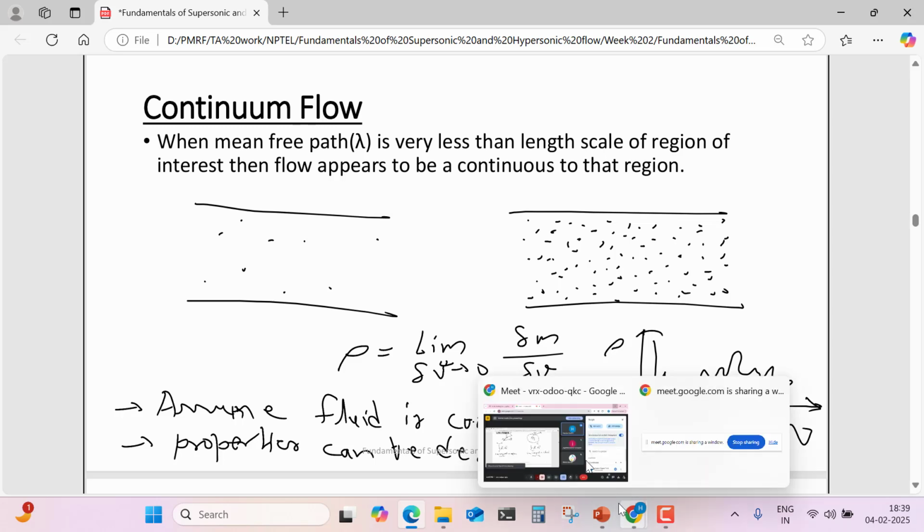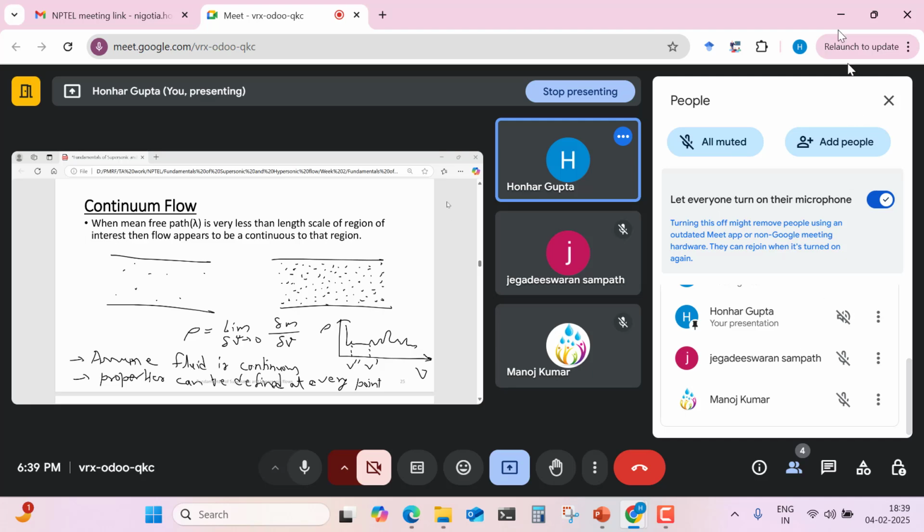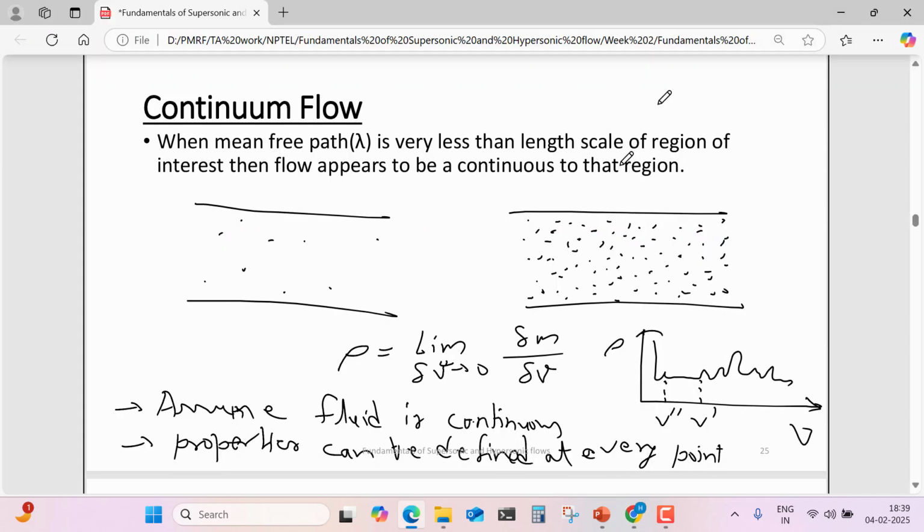Is there any doubt till now or any question? Okay, then now we will go to the fluid